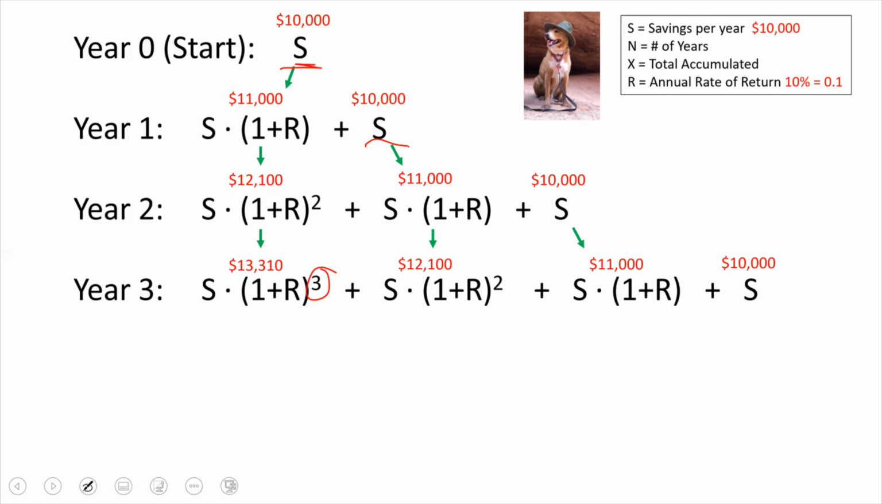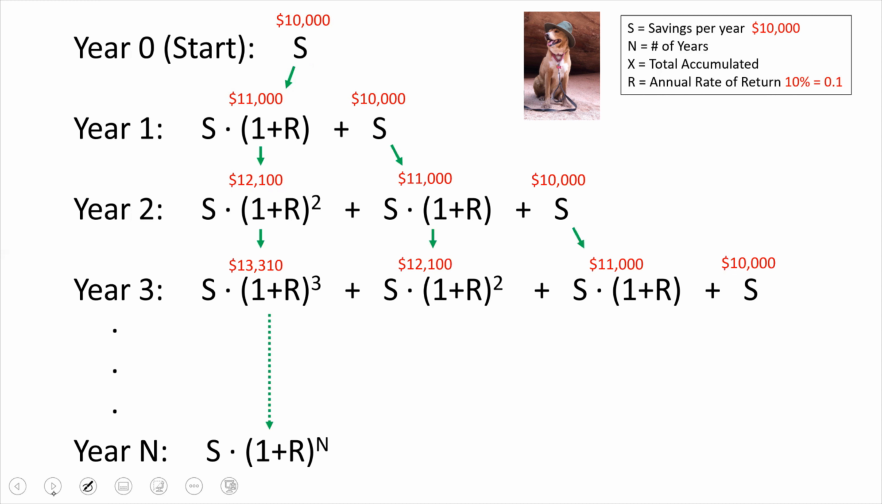This S here has grown only by 2 years, that's why the exponent is 2. This one has only grown by 1 year, so that's why this has the equivalent of an exponent 1, and so on and so forth, and we put another S. So once we get to year N, basically whatever that is, 10, 20, whatever you want to save for,